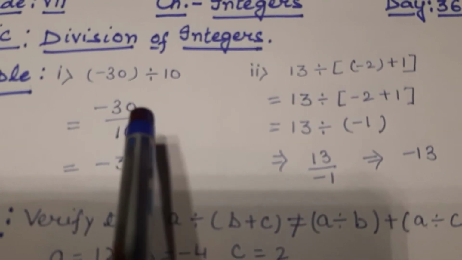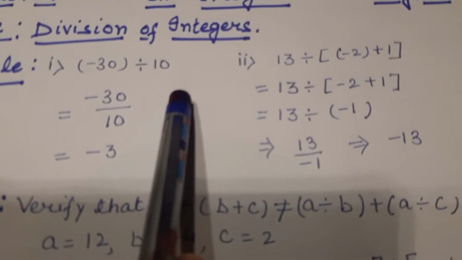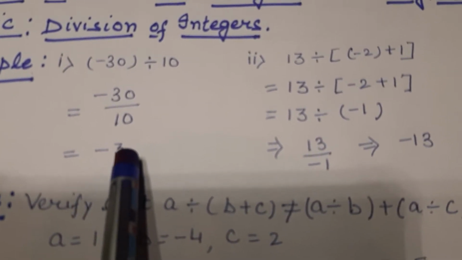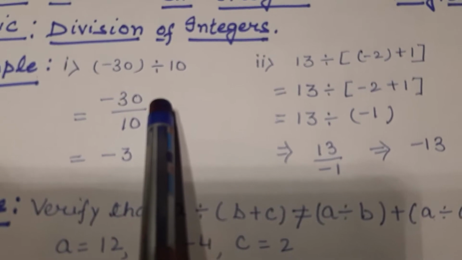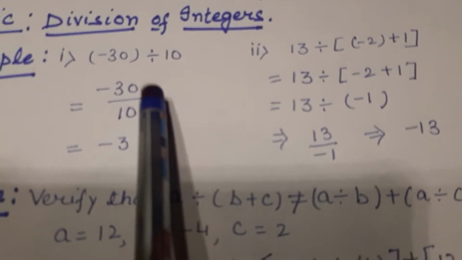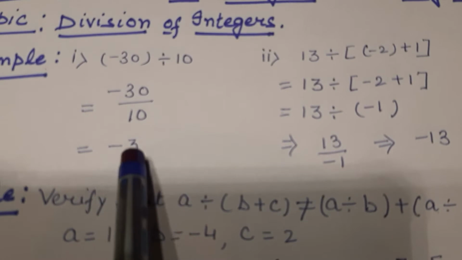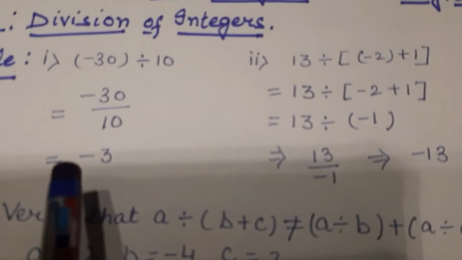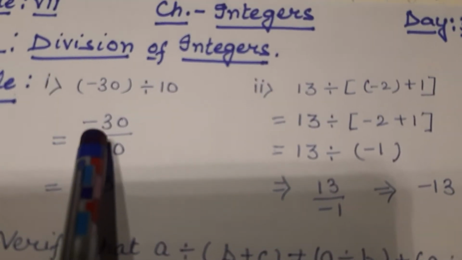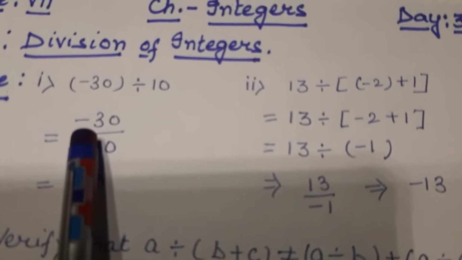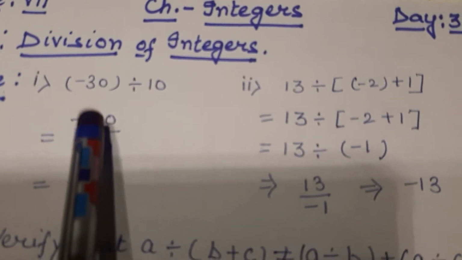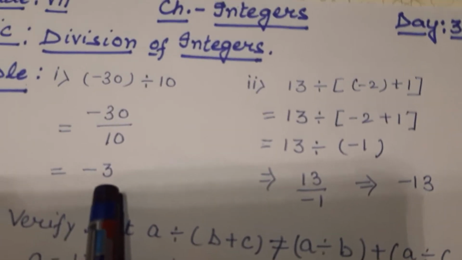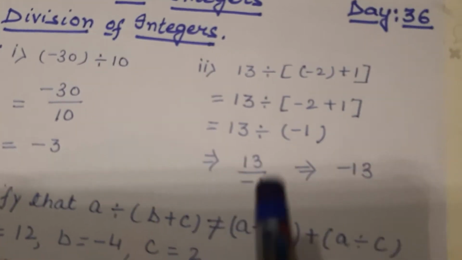Now you solve it. There is a common table of 3, and we will write 3 here. Now the main point is the sign. The rules are the same as you have done in multiplication. If two negative signs are there, then the answer is positive. If a single negative sign is there, then the answer will be negative only, because this negative sign will not be cancelled with any other negative sign, since it is only single. So the answer will be negative. It's very easy.